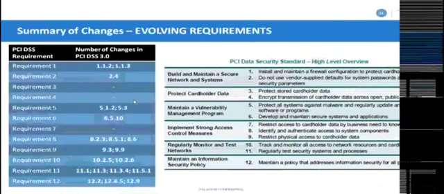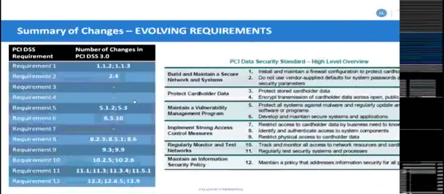Again, I have listed the new evolving requirements as per the core 12 requirements of the standard. Requirement 1 has 2 new requirements which have come into place. Similarly, requirement 2 has 1. In the course of my presentation today, I have tried to concentrate more on these